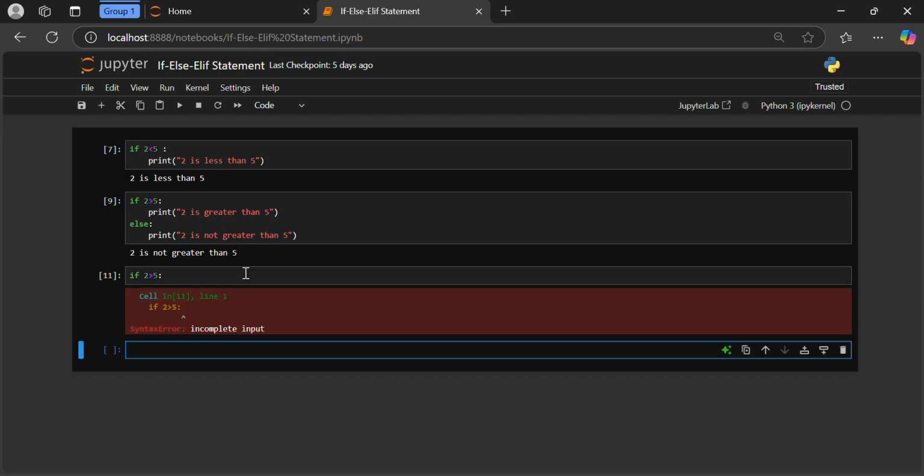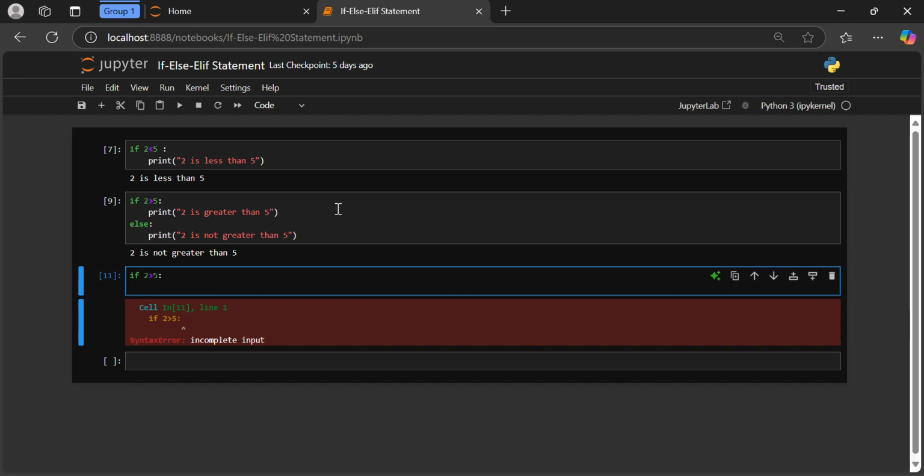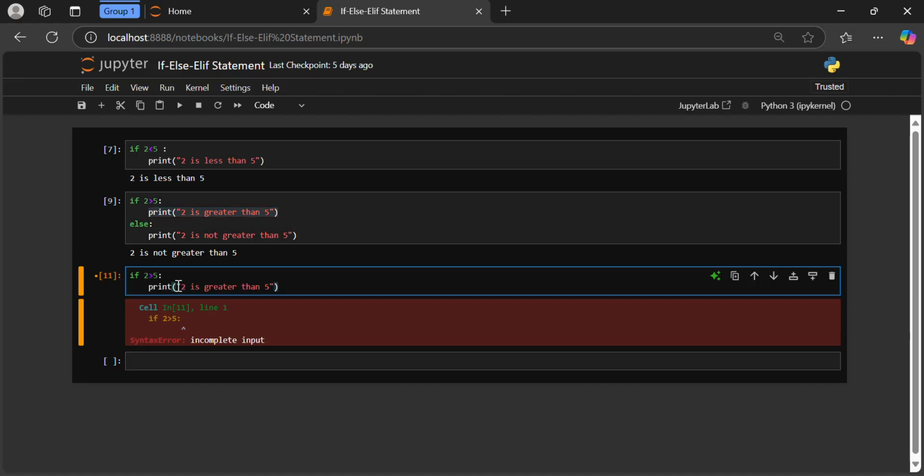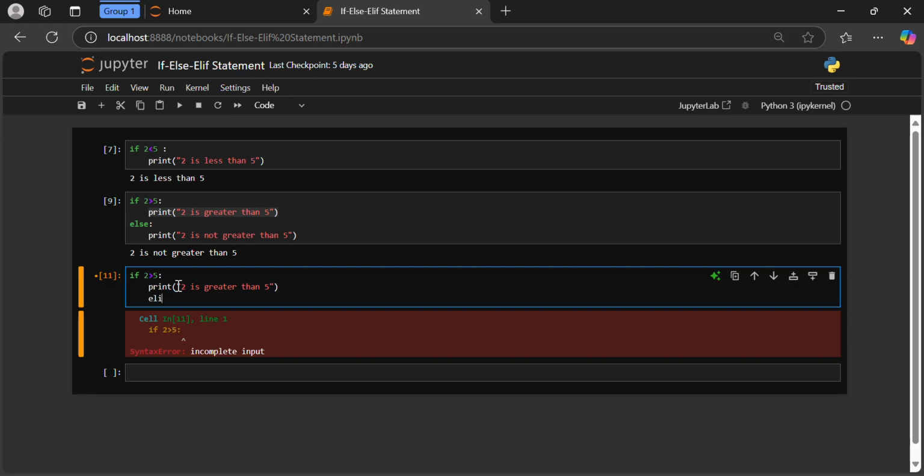repeat this. We repeat this, and can you see? Let me just copy and paste here. So we're repeating this, and then we say elif. Elif, can you see? It has been moved to the same line. Now else if